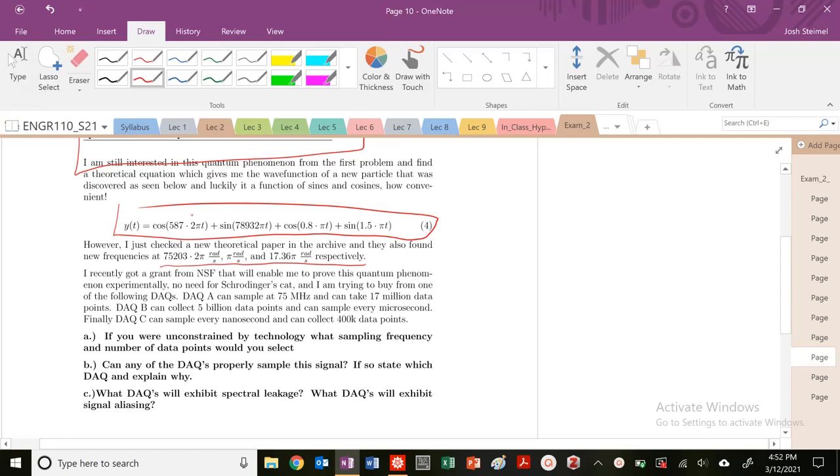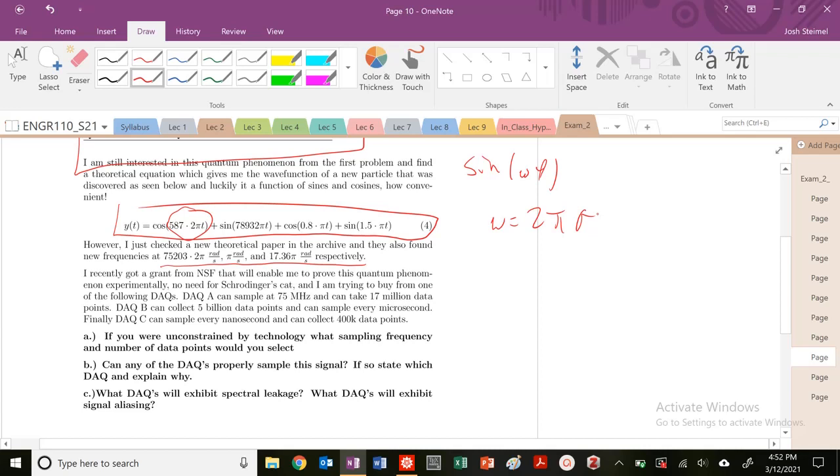So I know that in here, remember, this is always omega, right? So it's sine of omega t. If you know that omega equals 2 pi f, then I know that one of my frequencies, so I'm going to do my f list, my frequencies list. So I have 587. These are all in hertz. So 587. I also have a frequency at